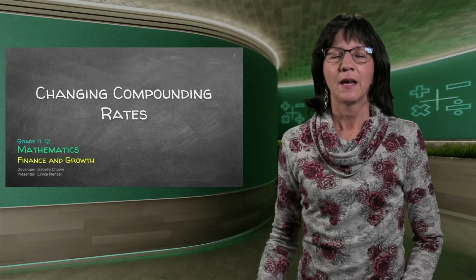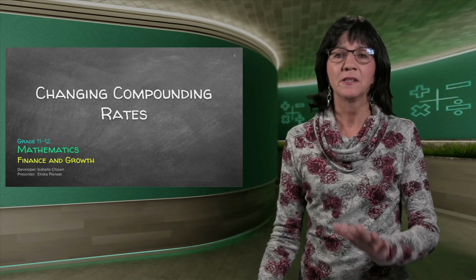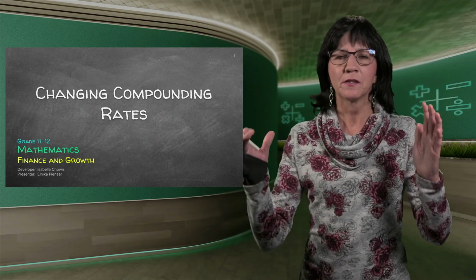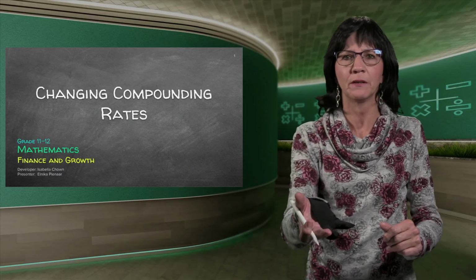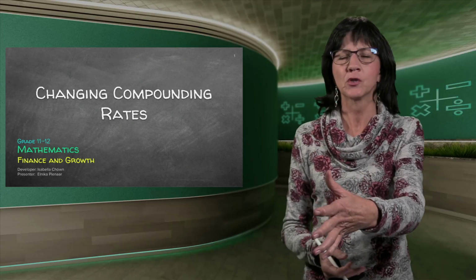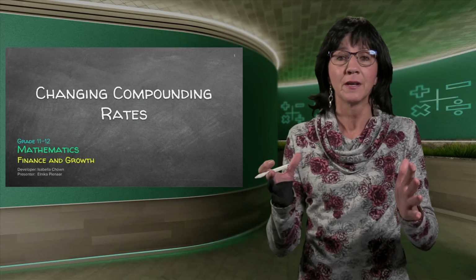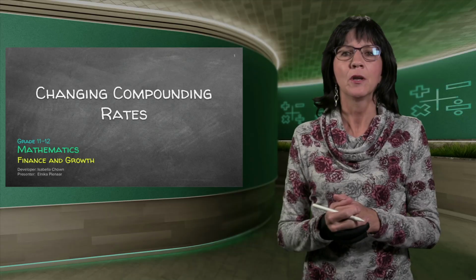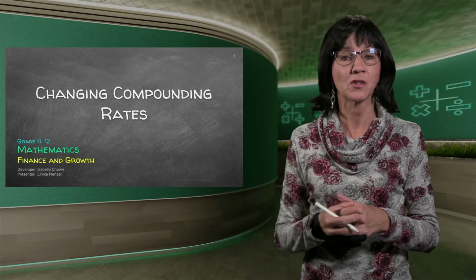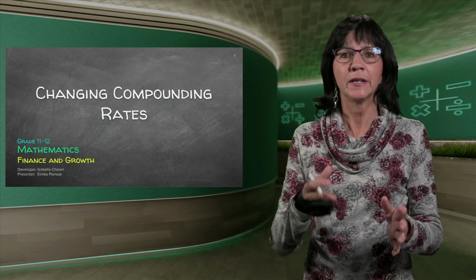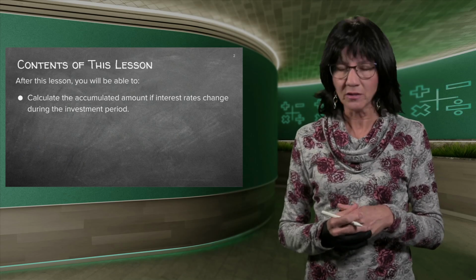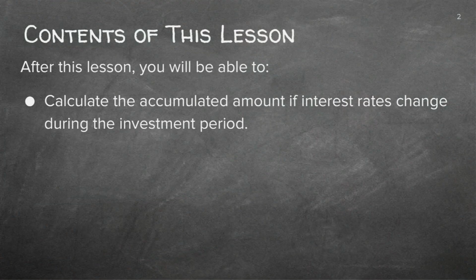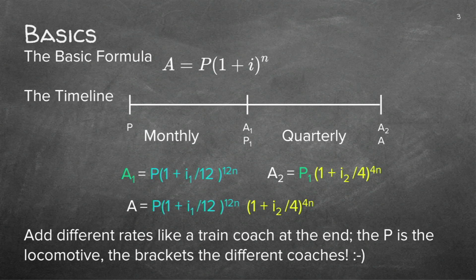Hi guys. As you can recall, in the previous lesson, we did different amounts in a specific time slot. If it's 12 years, sometimes we invested, after a year we withdrew, then after 3 years we invested again. So we worked with different amounts. In this one, we're going to work with different interest rates, because this is also something that can happen. Interest rates change during the year. So that is what this lesson is about. There can be different interest rates, and as we do a problem, you'll better understand.